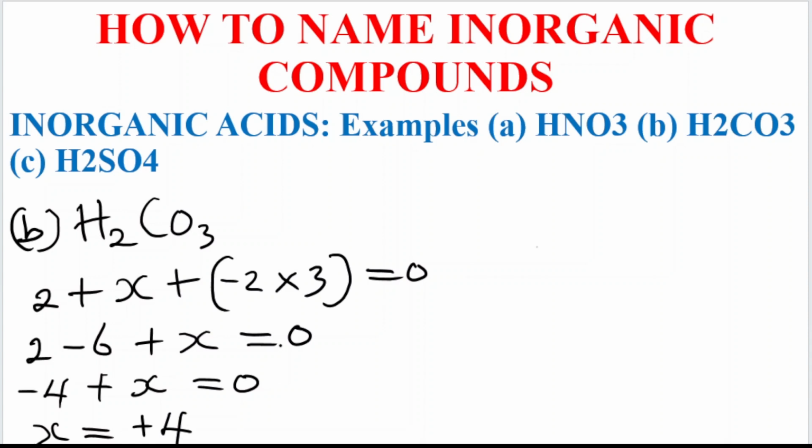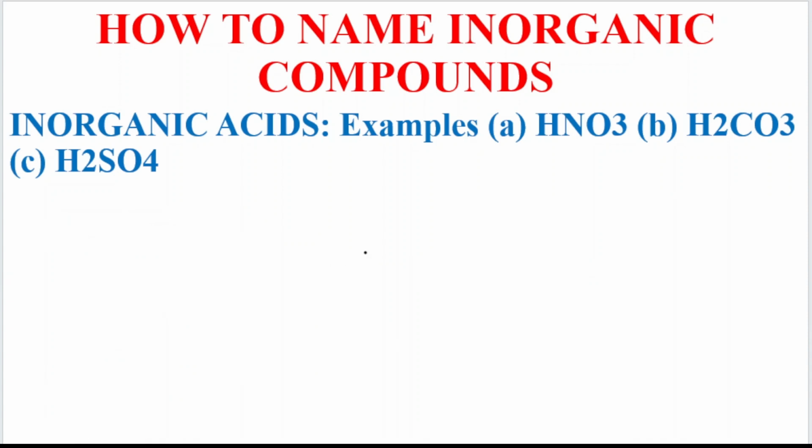Then our naming starts from the back to the middle. Alright, so we have trioxo, carbonate 4. So let's solve the last one, the C,